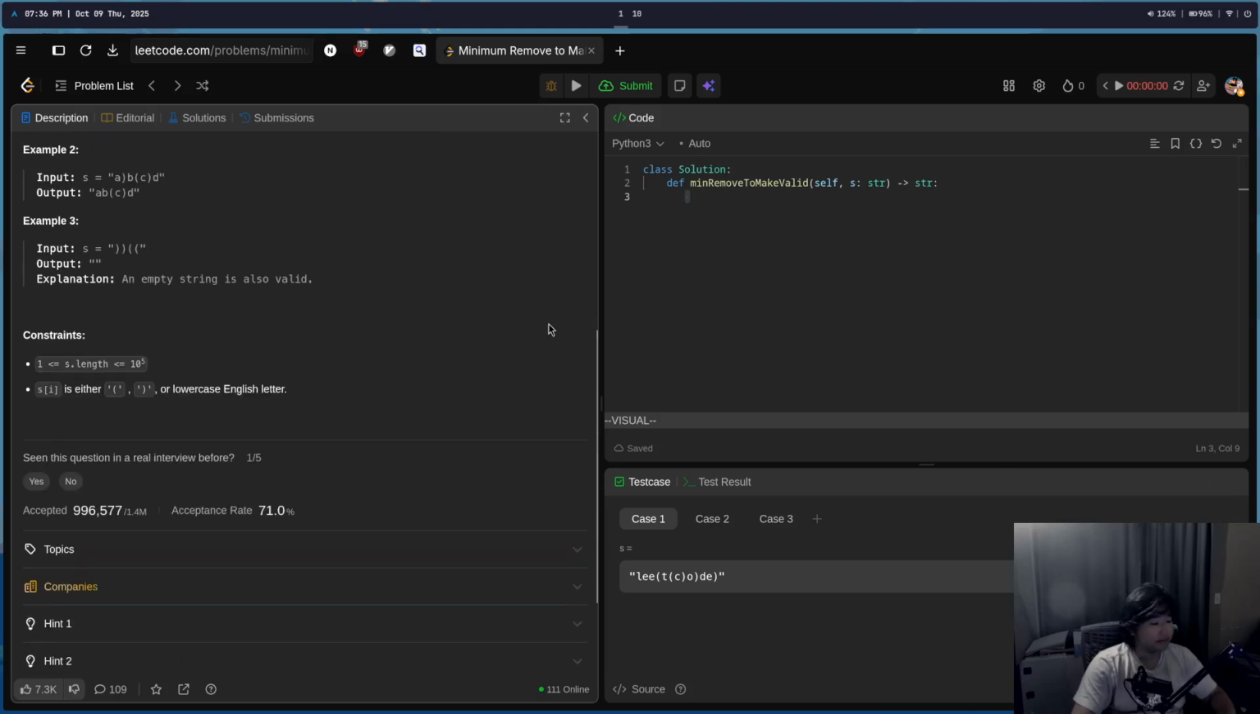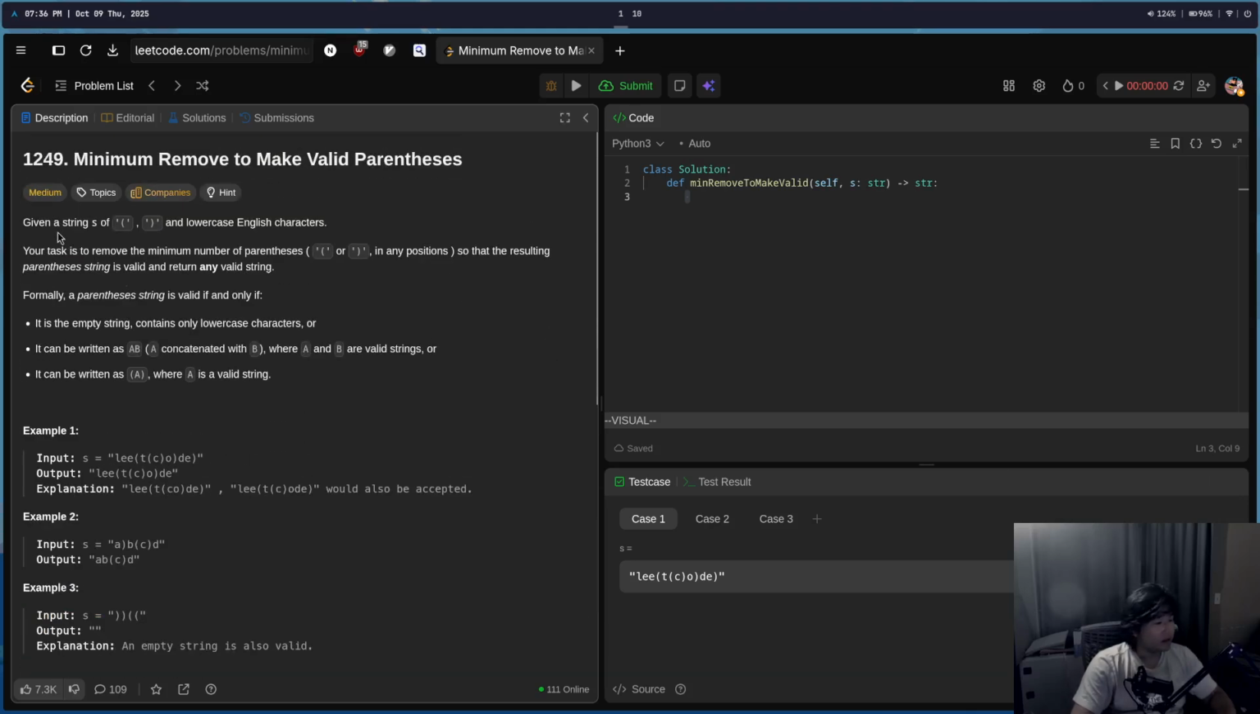Let's do this problem. Given a string of open and closing parentheses, your task is to remove the minimum number of parentheses so that the resulting string is valid, and return any valid string. Formally, a parenthesis string is valid if and only if it is the empty string, contains only lowercase characters,